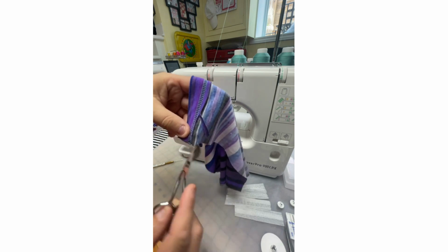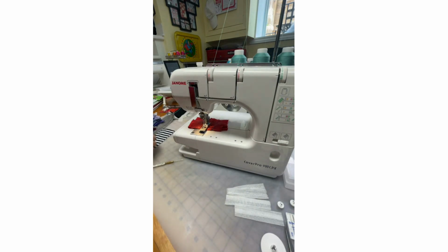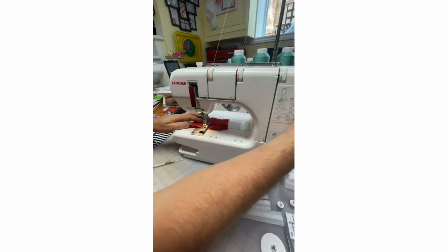So then it's all nice and neat and beautiful. So that is great. So it's entirely up to you. And again, you can see I've been doing t-shirts, but again, you can do woven fabric. Now, the cool thing about our CoverHem machine, let me just remove this